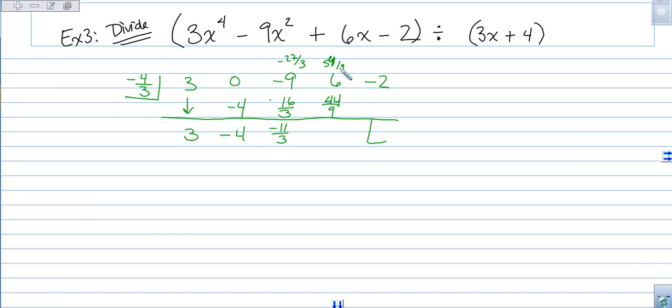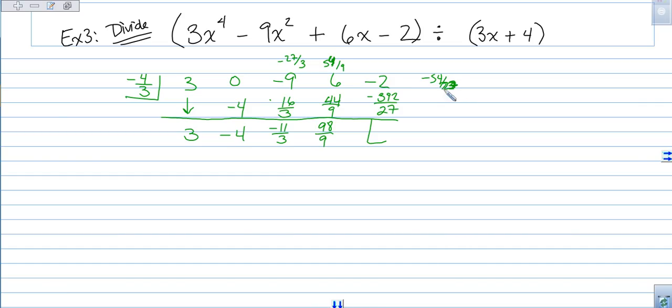Okay, and then that will give you 98 over 9, and then you multiply by negative 4 over 3 to that, and that's going to give you 360 plus 32, which is 392, excuse me, negative 392 over 27, okay, and then that would be negative 54 over 27,